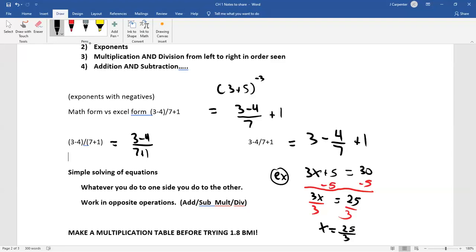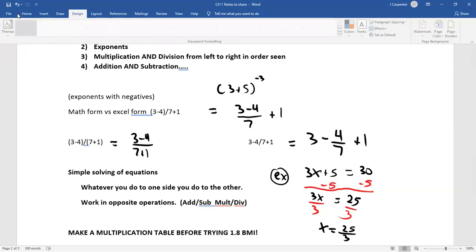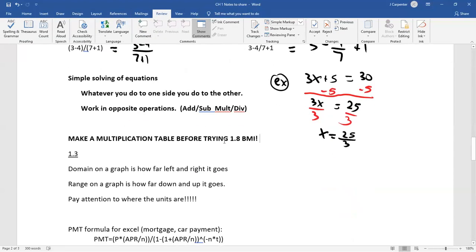Where is it, there it is, okay. So we'll do that next. This right here,